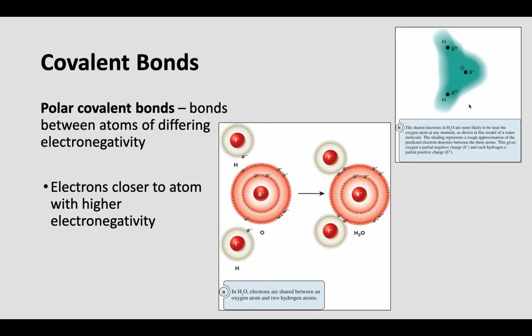It's kind of an electron cloud, all right, the likelihood of where the electrons are going to be at any given moment. And you can see this cloud is much larger around the oxygen. So those electrons are going to be closer to the oxygen more often. And this creates a polar effect, all right? So the oxygen, because it's taking in more electrons than it normally has in its outer shell, all right, it has electrons to spare, so to say.